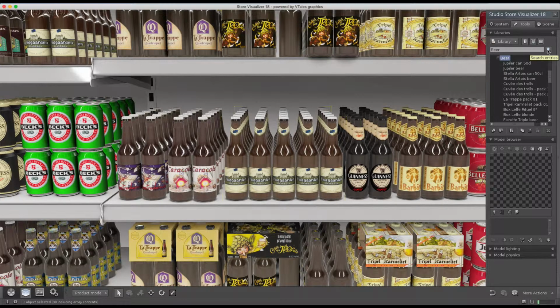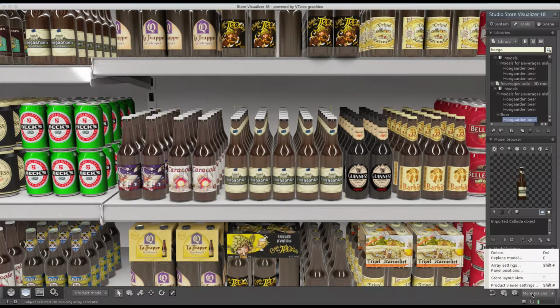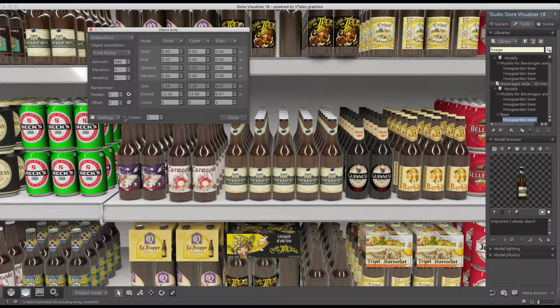I can also search for that specific brand, after which my model browser will show me my 3D object. Here I have the possibility to generate a report using the array settings. First of all, I can make this a little more realistic by